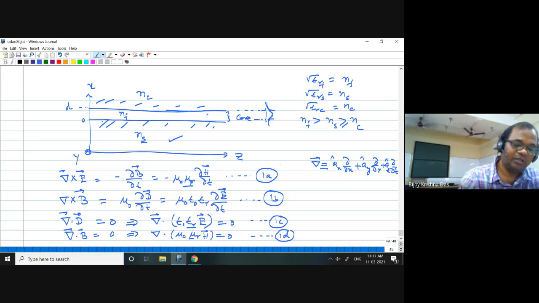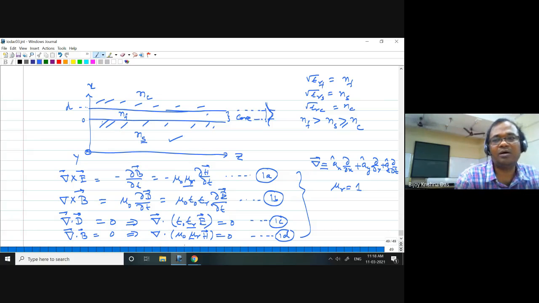Of course, most optical waveguides, when you solve them, are made of non-magnetic material, so mu r equals 1. In that case you don't need to worry much about mu r, because most optical waveguides we design consider only different dielectric constants or refractive indices. So once you consider mu r equal to 1, mu 0 can be taken out on this side. Epsilon 0 can be taken out, but epsilon r cannot be.